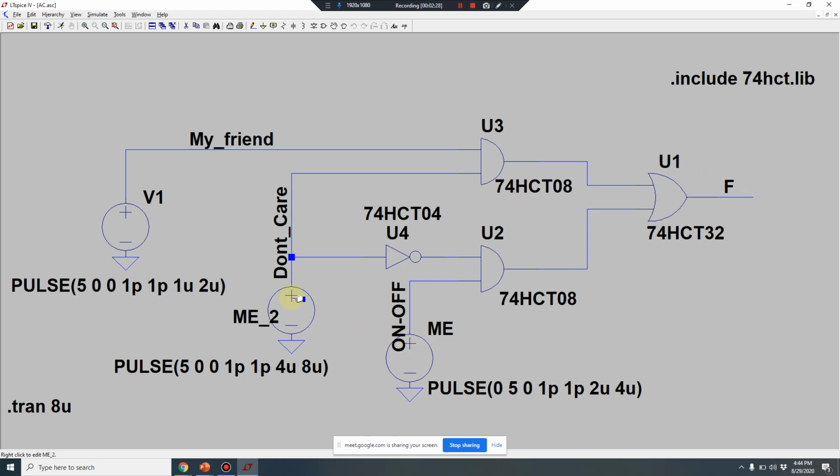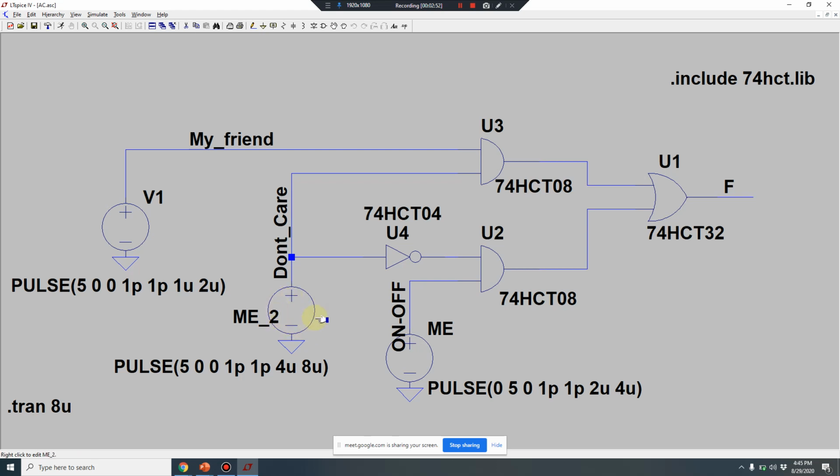So if I put this don't care off, that means in that condition I'll be able to switch on and off using my switch. If I switch it on, with don't care off, you will have one coming here. So if I switch it on, this will switch on the fan. If I put it off in the don't care condition, it will be zero here, and this fan will be off.